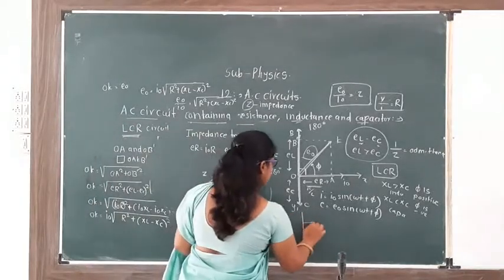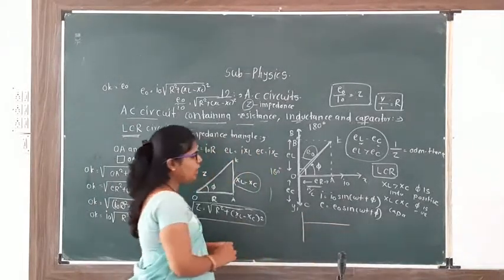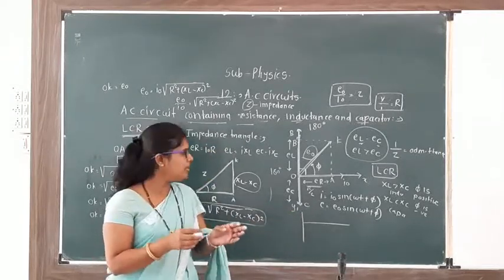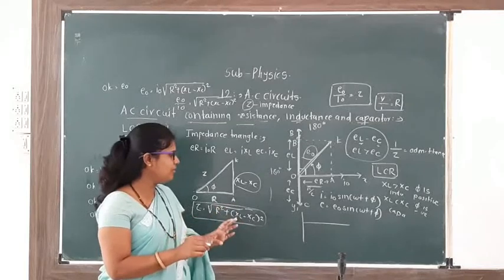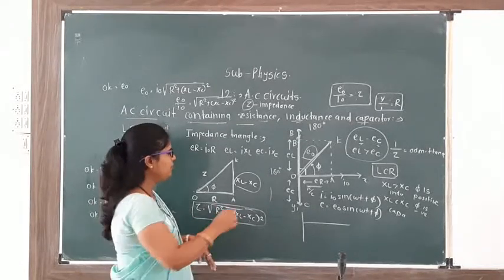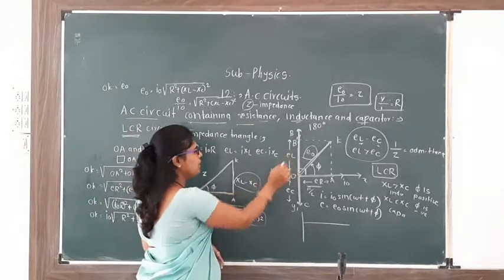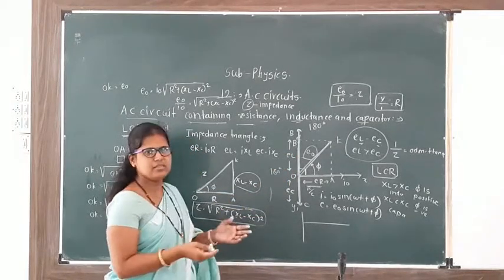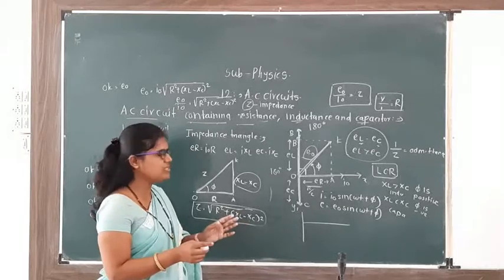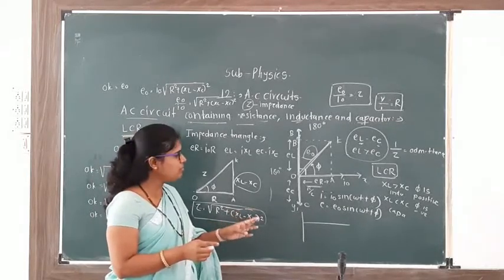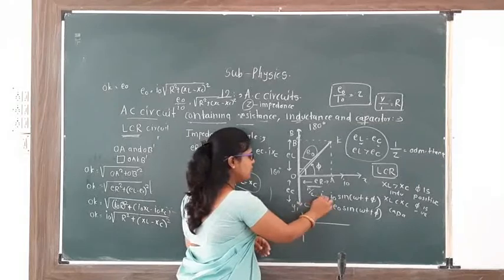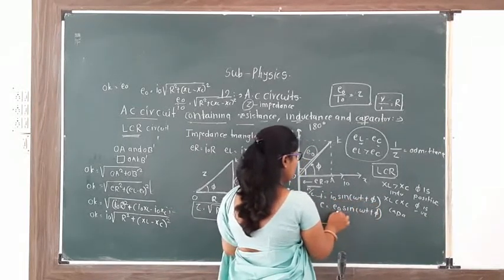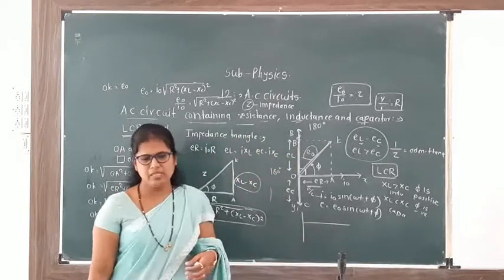Then in the last article we saw how to draw the sine curve and cosine curve. What is meant by lead current and lag current? When the capacitance voltage leads the current, what is meant by lead and what is meant by lag? Then we get the equations I equals I0 sin omega t plus phi, and E equals E0 sin omega t plus phi.